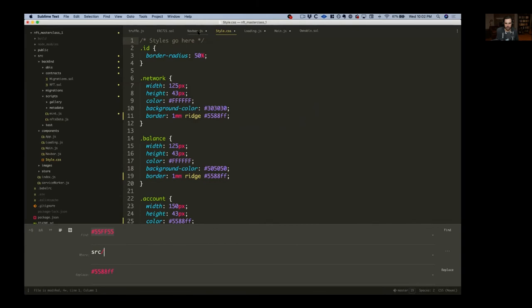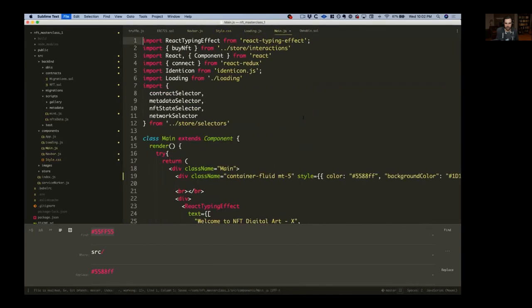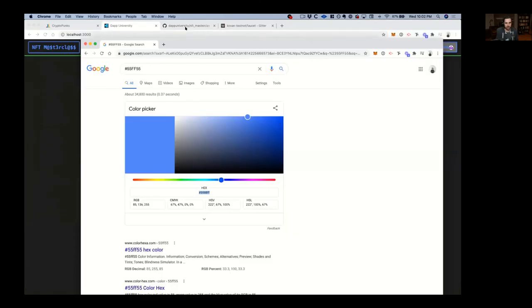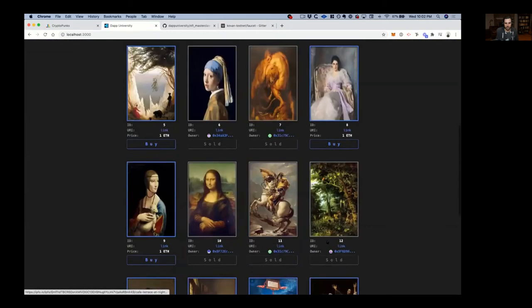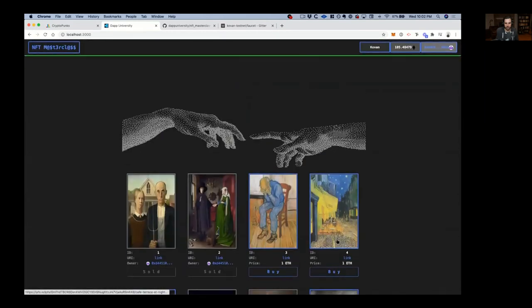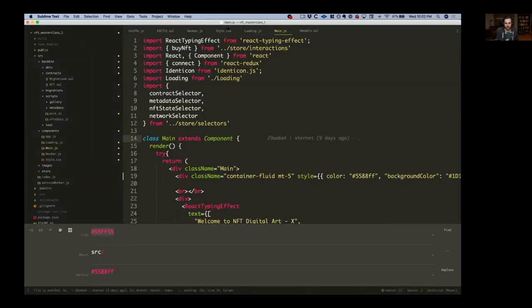Okay, so navbar, style, loading, main, and then go back to your project here. And now you can see that we have a blue theme instead of green. And then we can look for the background. So if you go to main.css,